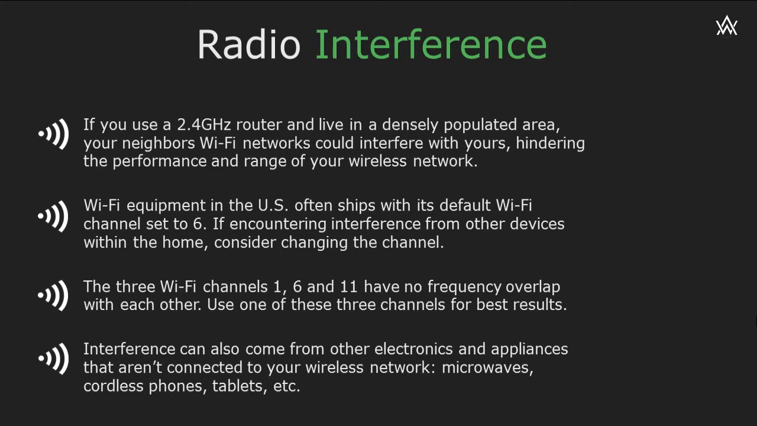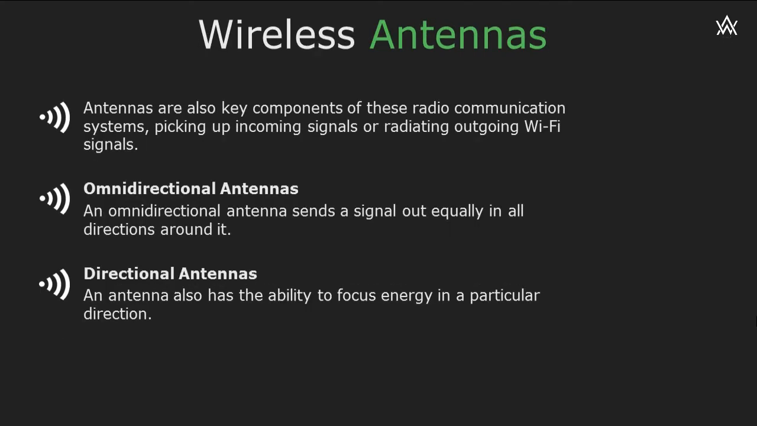The last topic I want to cover in this video is wireless antennas. Antennas are also key components of these radio communication systems. There are 2 types, omnidirectional and directional. An omnidirectional antenna sends a signal out equally in all directions. A directional antenna sends a signal out in one direction. Okay, so now that you have a basic theoretical understanding of wireless networks,